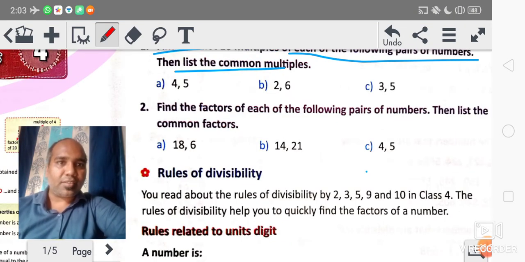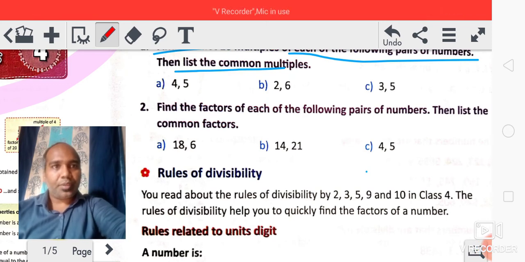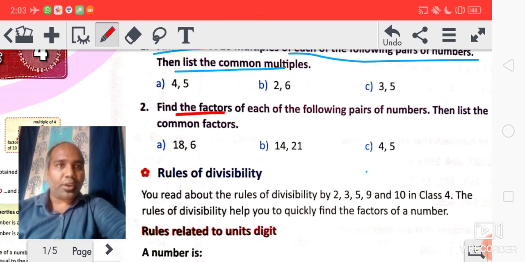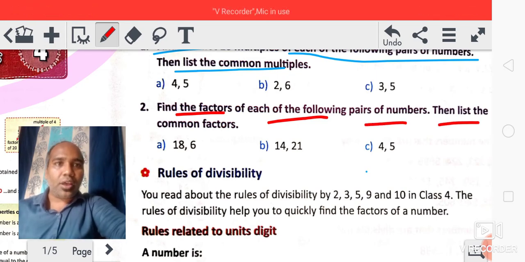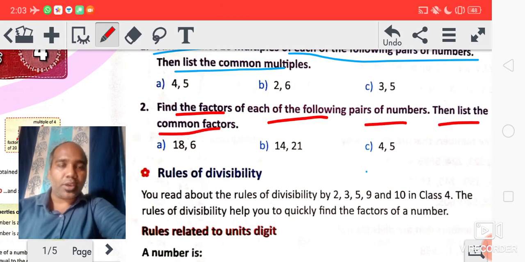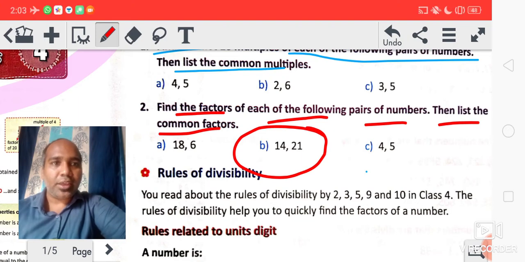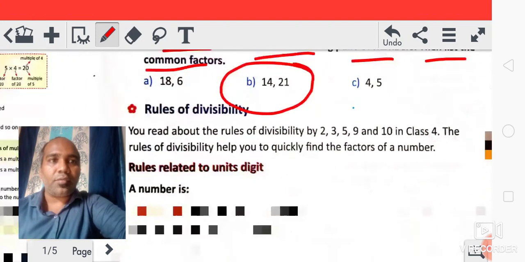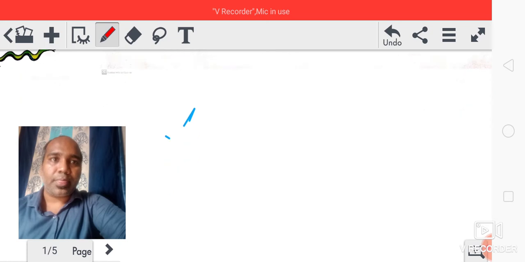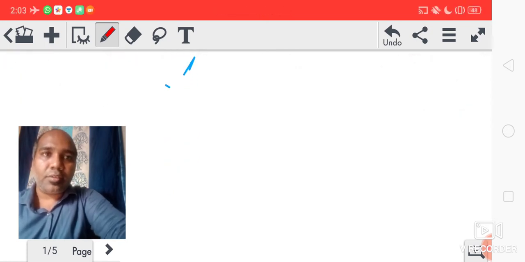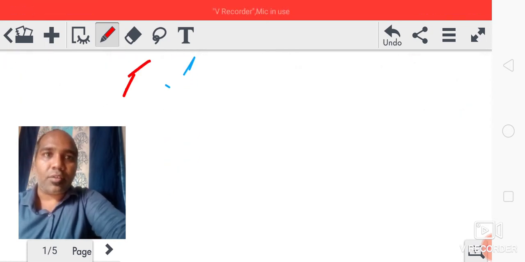Now come to the exercise question. What is given here? Find the factors of each of the following pairs of numbers and then list the common factors. Okay, so we'll do question number B, 14 and 21. First we have to find the factors of 14, then the factors of 21. Okay, so we'll write factors of